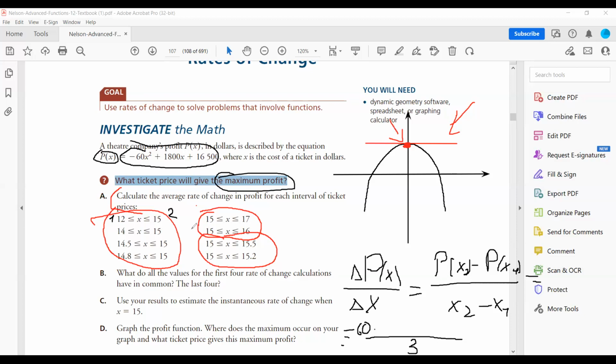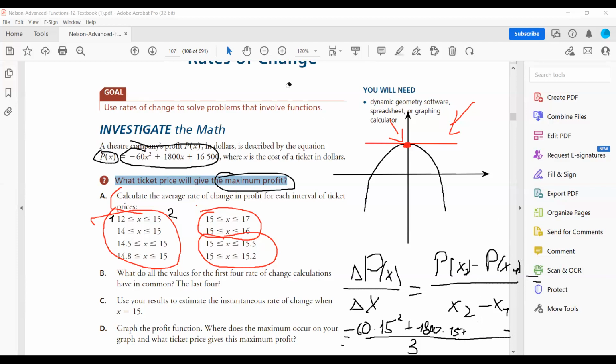Minus 60 times x squared, x2, it would be times 15 squared, plus 1800 times 15, plus 16,500, subtract P of x1. Right away, I know that I'm going to have 16,500 in this function as well, but I'm going to subtract it, so I can say that I'm going to simplify